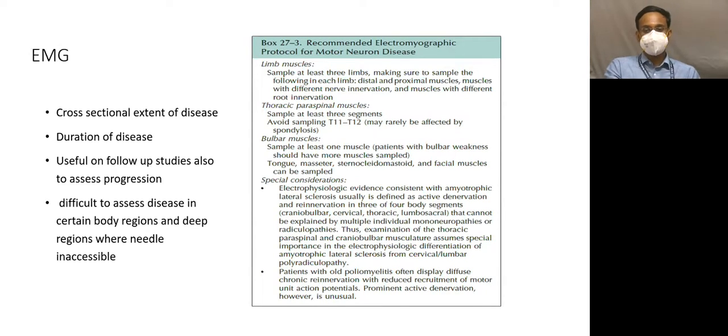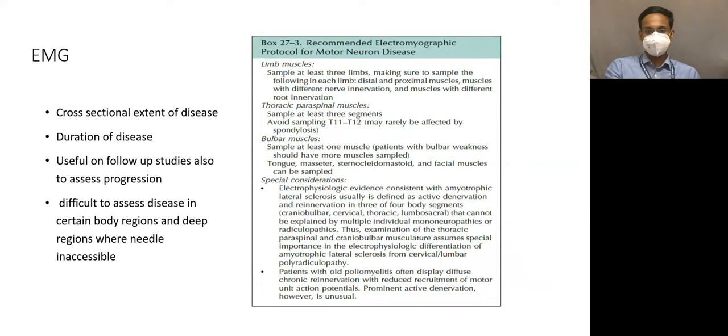In the initial criteria of ALS, we needed a certain number of myotomes involved to call it definitive ALS. So we used to do serial EMG. Sometimes the initial one may be restricted to one region, and after 3 or 6 months, when you see the patient again and repeat it, you might find progression to other involvement. That progression can be clinically and electrophysiologically revealed as you follow up these patients. So when we are doing needle EMG for these, we always tend to needle the upper limbs, the lower limbs, the trunk, the paraspinals, and the tongue, the craniobulbar myotomes. These are the myotomes that we